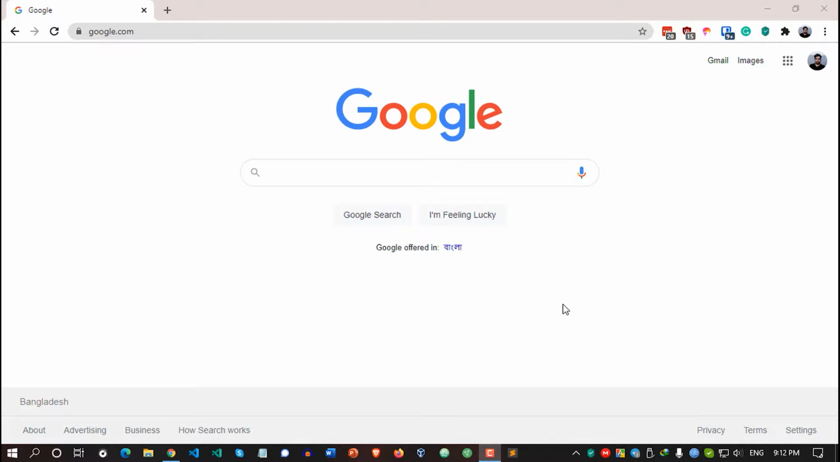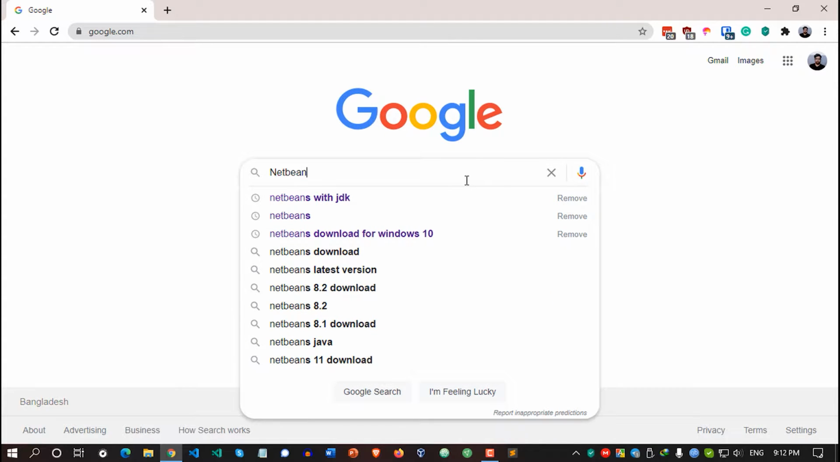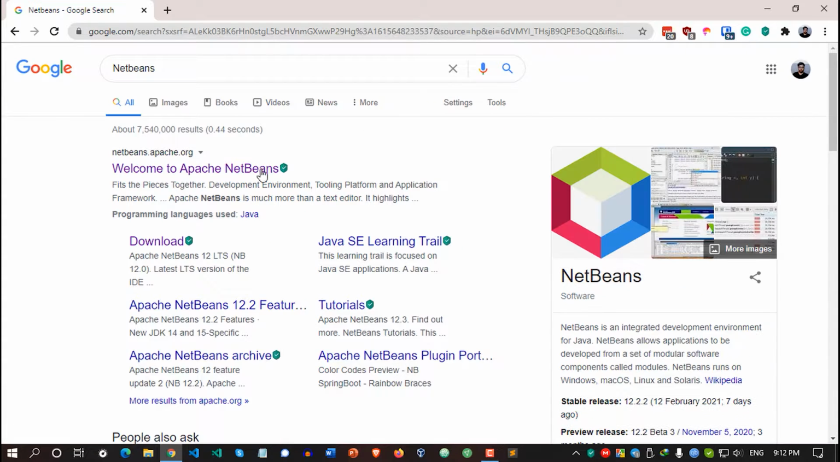To download the latest version of Apache Netbeans IDE, just follow the procedure I'm going to show you right now. Okay, first of all, go to your browser and open the Google search engine, and you need to just search for Netbeans. Go to the first link. Welcome to Apache Netbeans. Just click on that first link, and